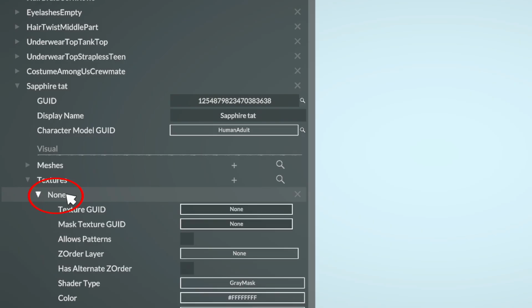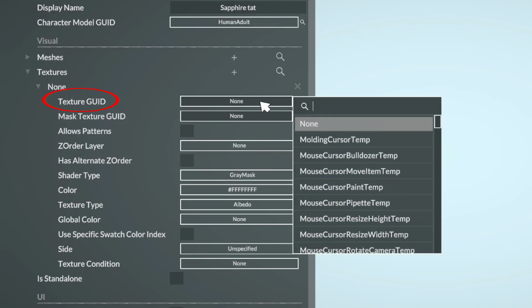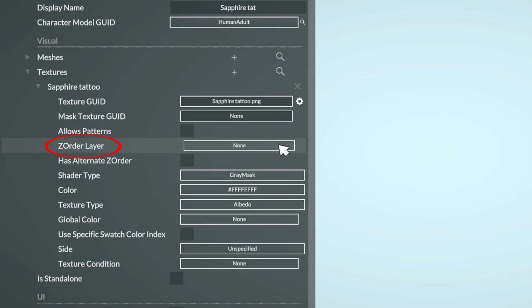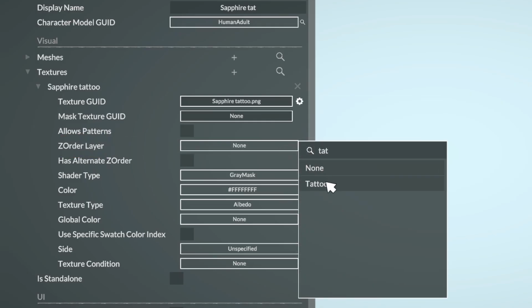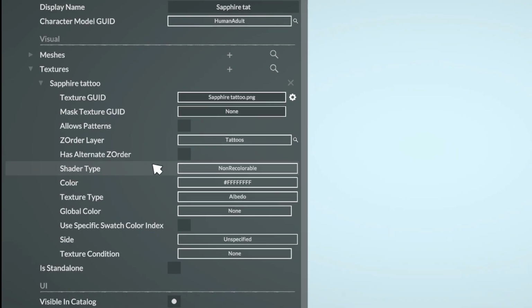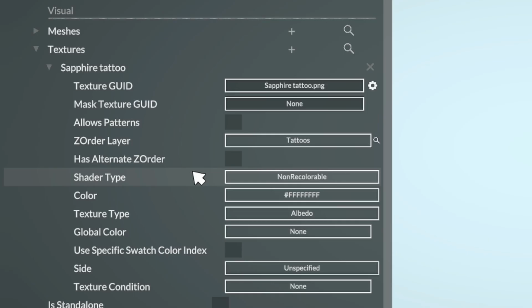Click to open this. In Texture GUID, either scroll through the options or type in your image file name and select it. In Z Order layer, select Tattoos. In Shader Type, select Non-Recolorable. Your textures field should now look like this. You can take a second to check this against your own, though remember that your tattoo title will be different